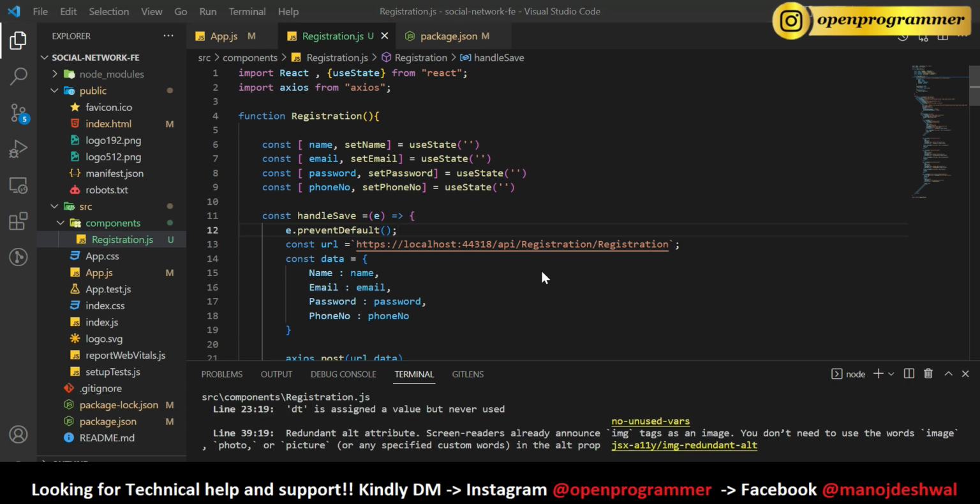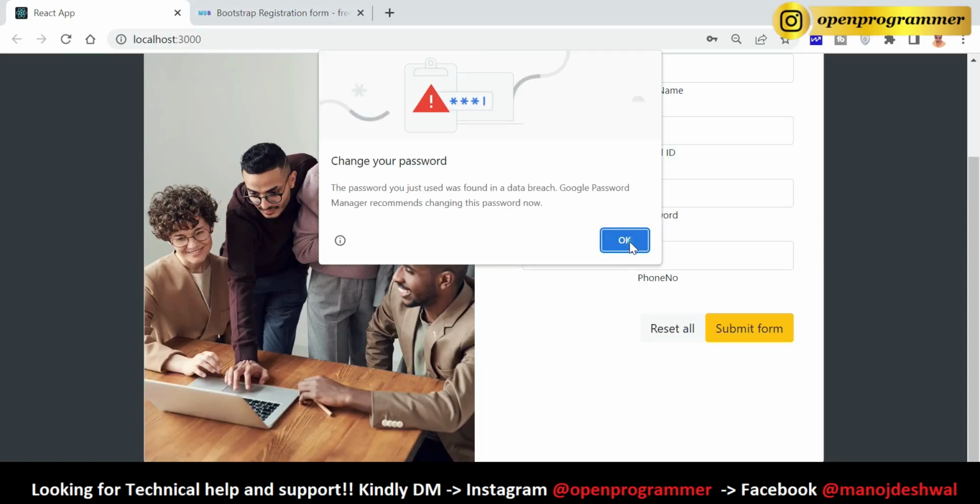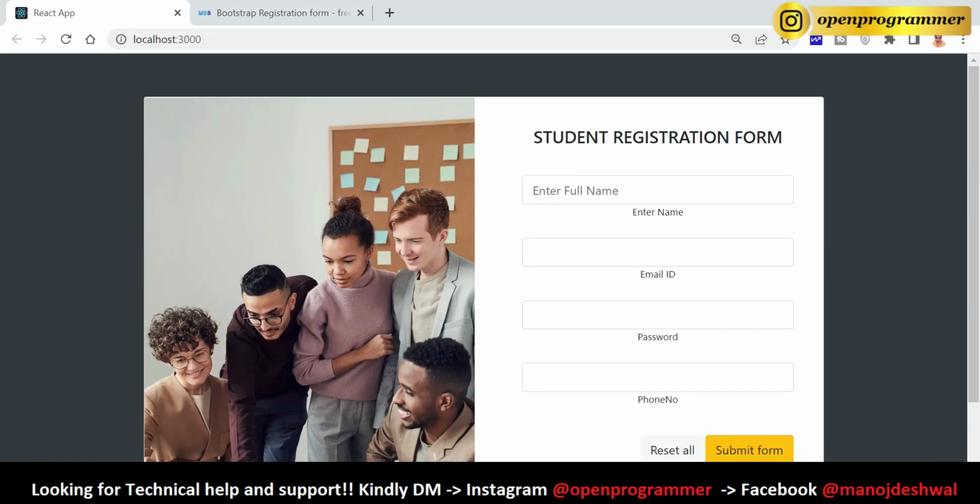Remove. Save. So let's try to give any data. Let's say I'm giving my details, virat@gmail.com, password 12345, phone number 45454545,